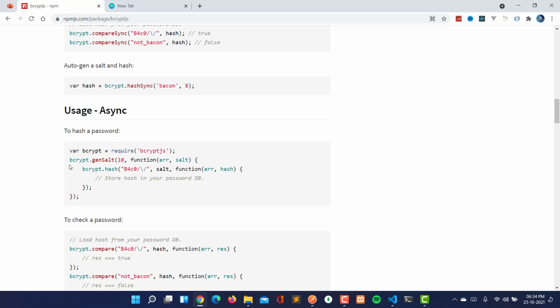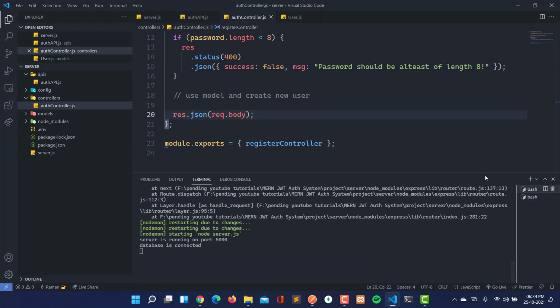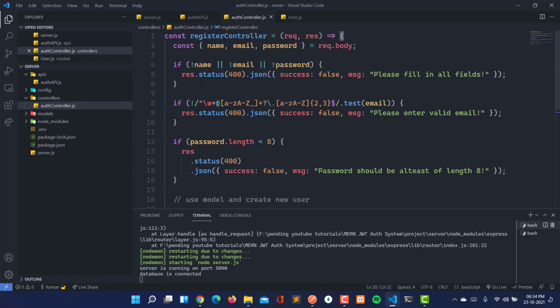So let's use the syntax. First of all let's import the bcrypt here. I'm moving to the server, and let's import the bcrypt. Here actually we have to write return also.